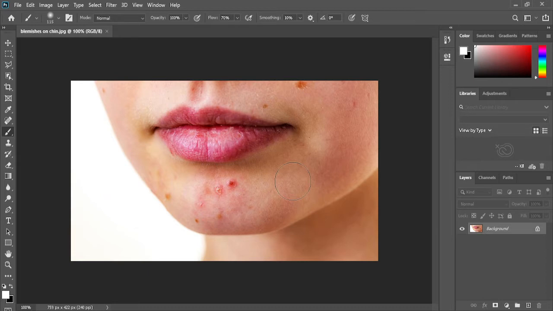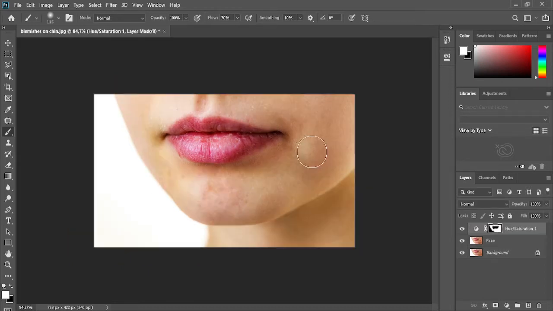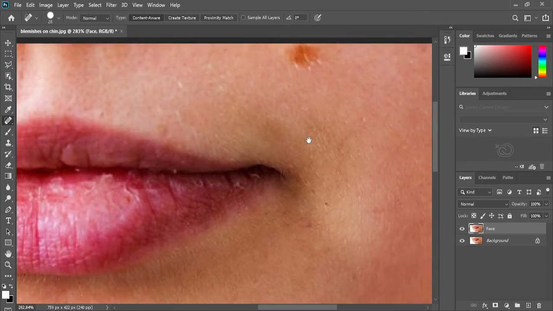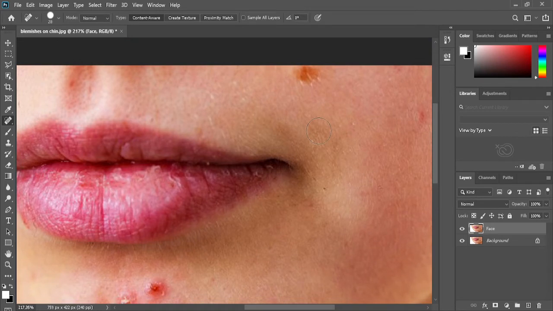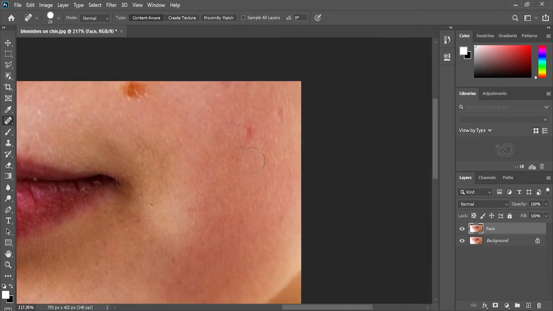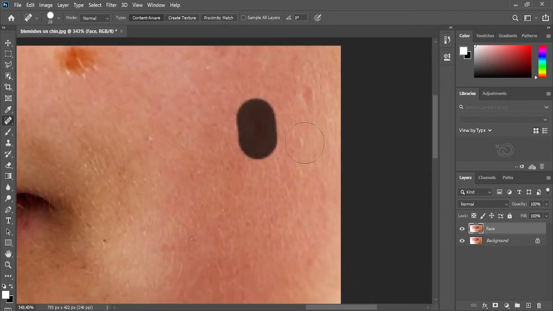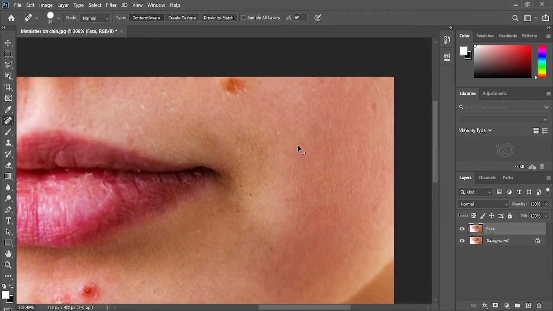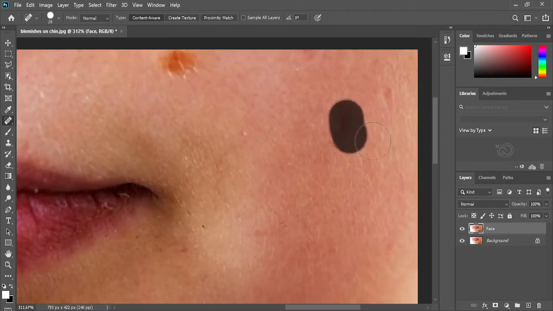In this video, I'm gonna show you guys how to fix, remove, or heal facial skin imperfections. We're gonna be using Adobe Photoshop and we're just gonna fix the common skin imperfections because the exact knowledge of facial imperfections is so wide and you won't be able to comprehend all of it in just a short duration of a video. And that's why in this video I'm just gonna cover the common cases.